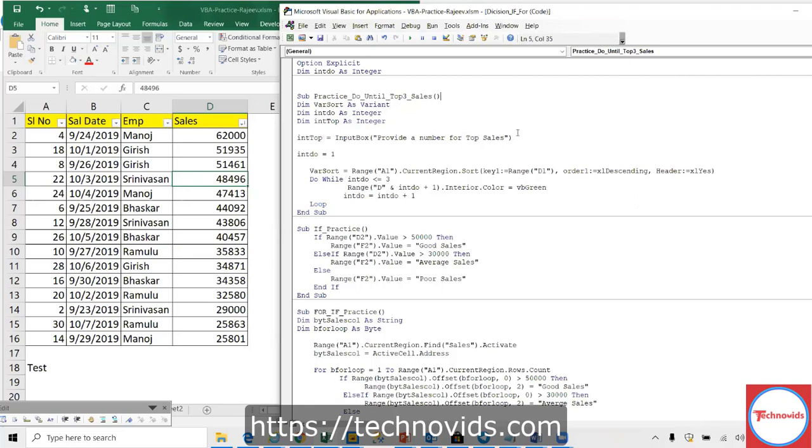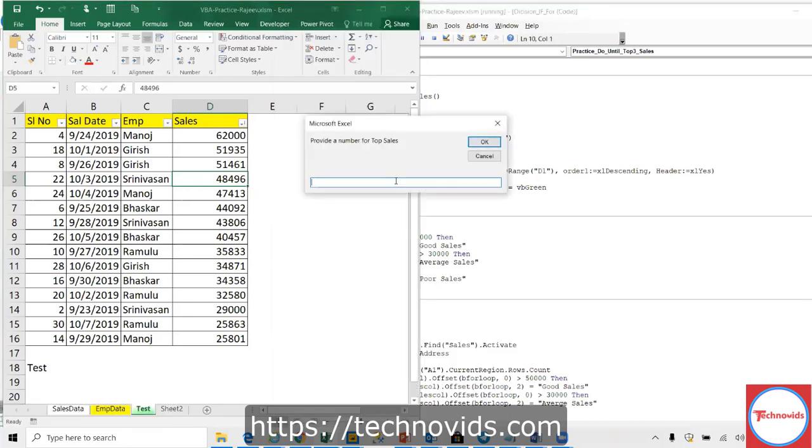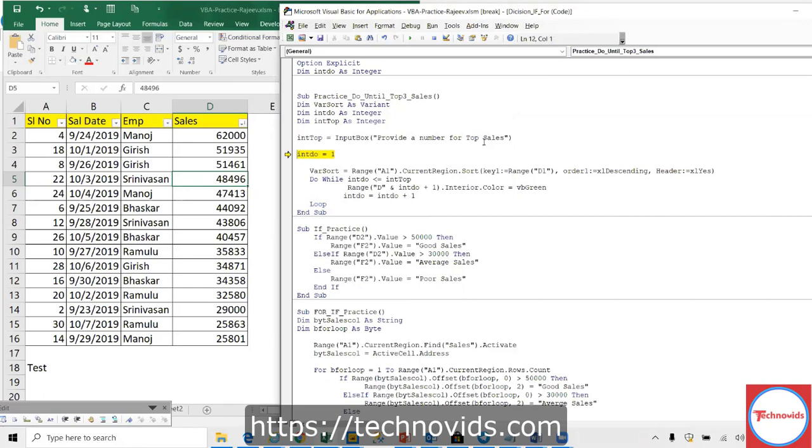Now what it does is pop up an input box, like a message box. There the user will provide what is top 3 or top 5, whatever it is. So I have to loop till that point. Instead of hard coding this, I will bring this variable here, top. If I do this, I will be able to make this very dynamic. Now instead of top 3, I'll give 5, say okay, and let us see what it does.